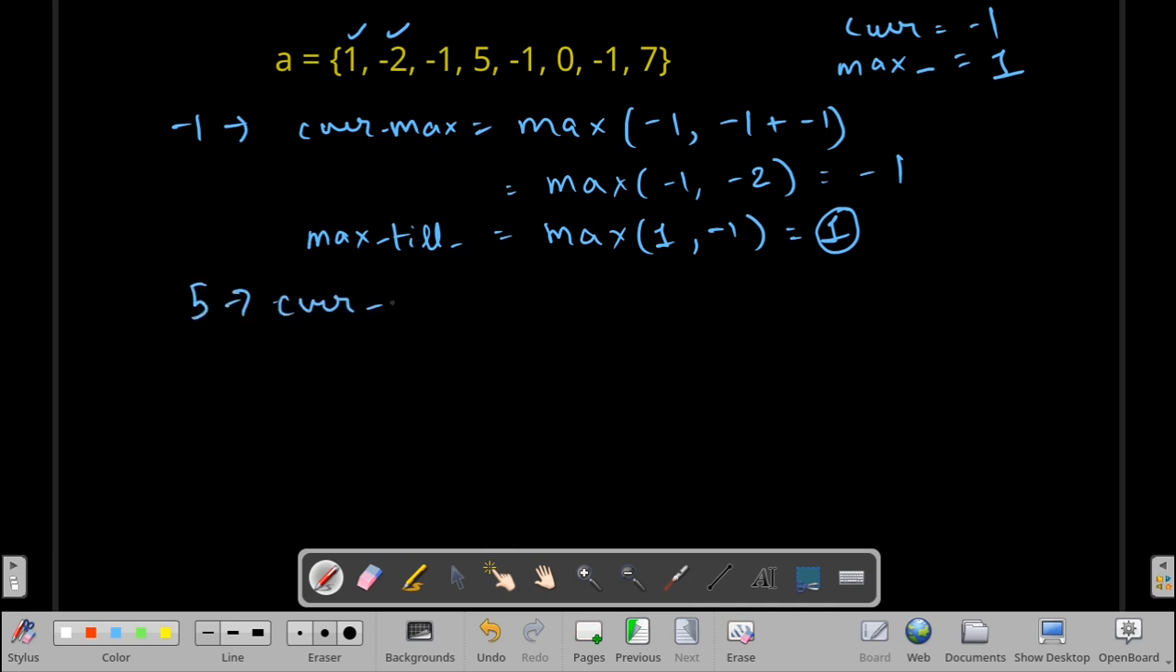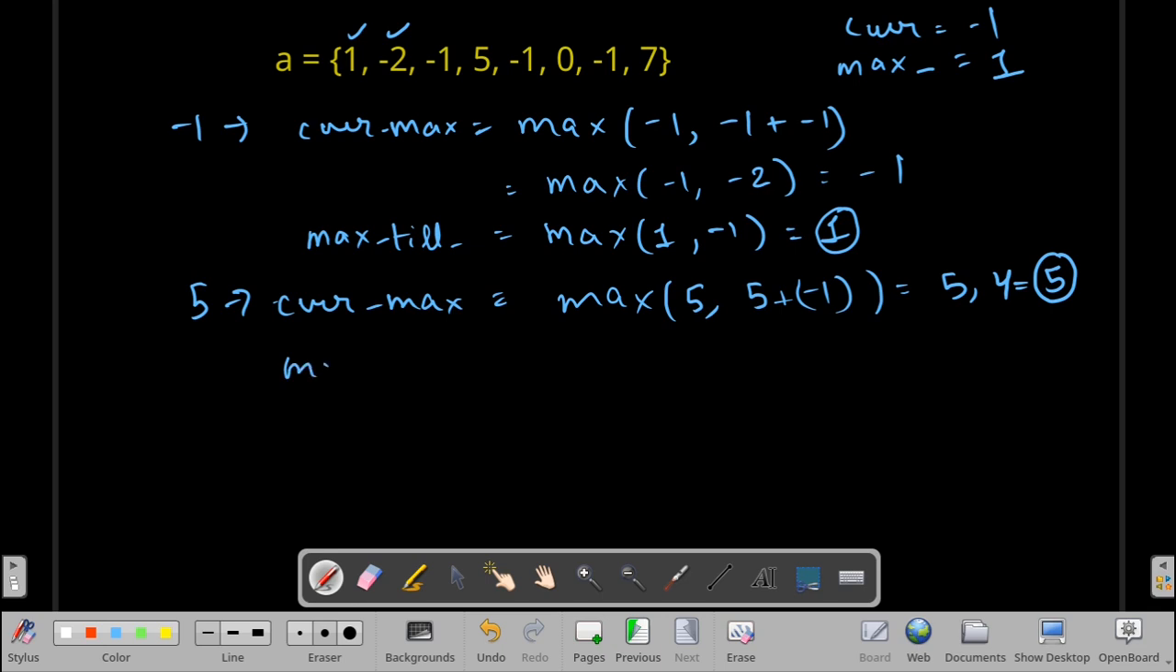So we will do for this equal to maximum of either 5, so we can go a bit faster right now, or 5 plus, and then we have current maximum as -1. So this will compare 5 and 4. So out of 5 and 4, 5 is maximum. Okay, so current maximum is now updated to 5, and max till here